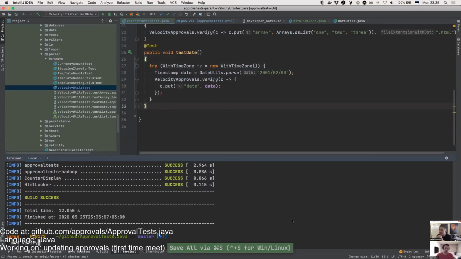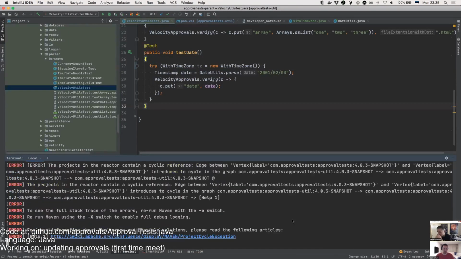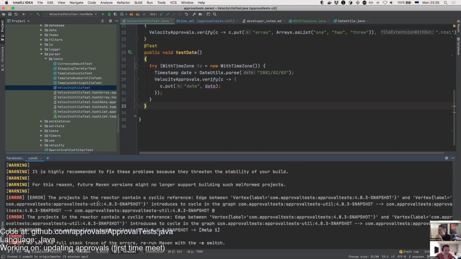So now if we run it, nope. So now it sees that it is a circular reference. But that's okay. Can you comment it back out for a second?